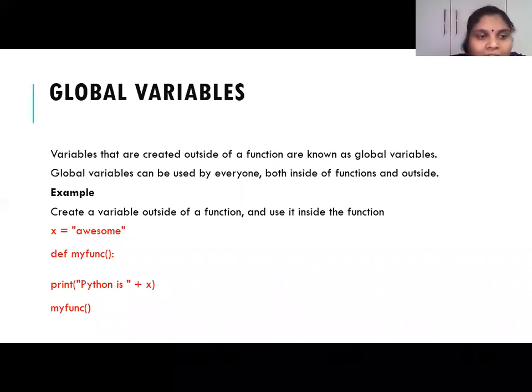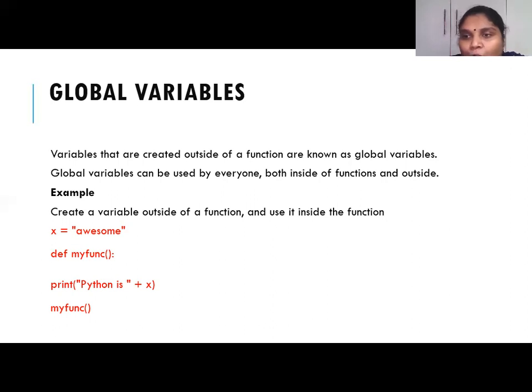Here I have created one variable, you just check, x is a variable which is holding the value awesome. Now I'm defining a function, def myfunc colon, print Python is x. Now I'm calling my function. What is the output I will get? Python is awesome.